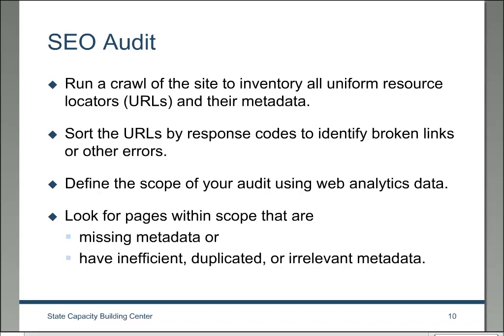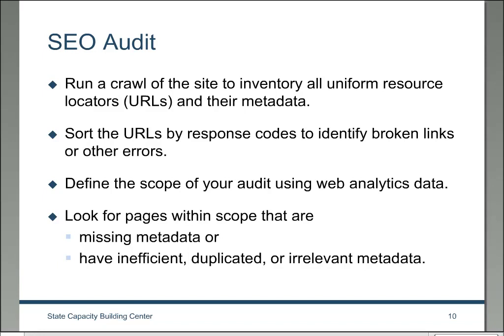So by sorting your spreadsheet of URLs first by the response code column, you'll find out really quickly where you have broken links and those types of errors and need to make some fixes and maybe even delete some old pages. Google actually takes these types of error codes into account when ranking your website. So just by getting rid of some of these, you can improve your search engine optimization.